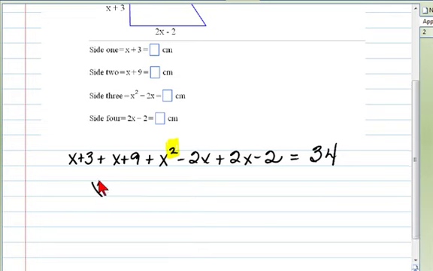All right, on the left-hand side, I'm going to list the terms. I have an x squared term. I'm putting it first. That's the only squared term. Then I have an x, another x, that makes 2x, minus 2x, I have 0x, plus another 2x, I'm back up to 2x. So by combining all the x terms, I get plus 2x. Constants, I have a 9 and a minus 2. So for the constants, I have,